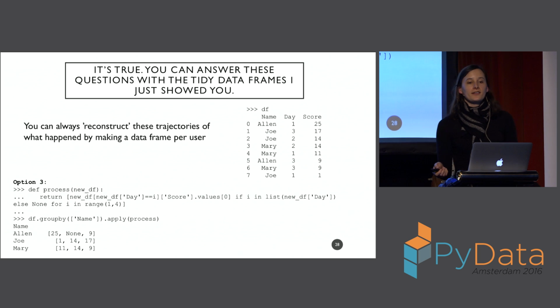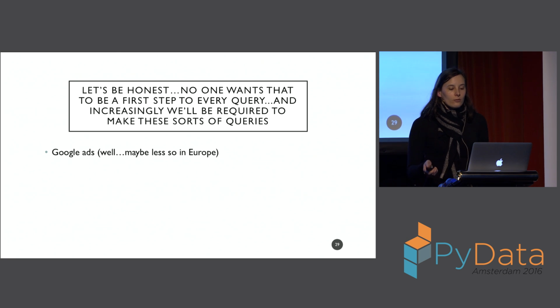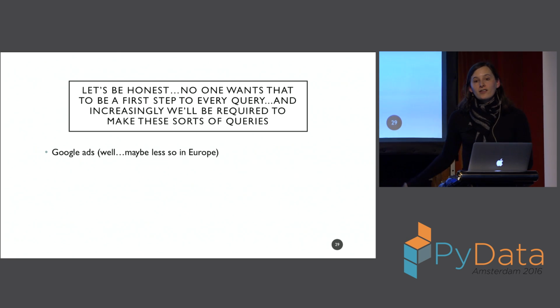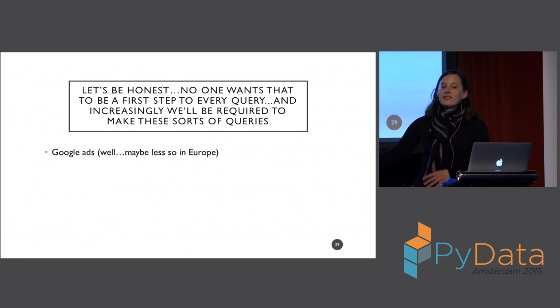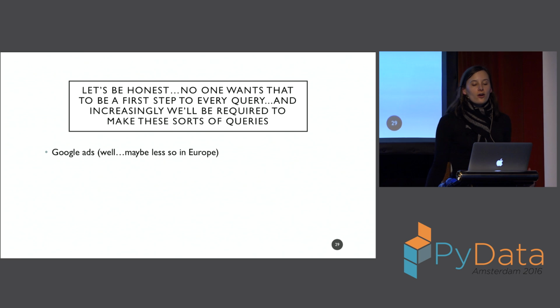So my argument is don't store it this way, and that's part of why I want to spend the next portion of the talk saying, well, why don't we just store it originally in this format, right? Why didn't I just write down these arrays to begin with so I don't have to go through these hoops with my pandas? Okay, but a little bit more on the why. Let's be honest, no one wants to do any of those processes I've just suggested, and there are obviously others like reindexing. I'm sure people in the audience have better ideas, but you don't want that to be a first step to every query you're going to make, right?